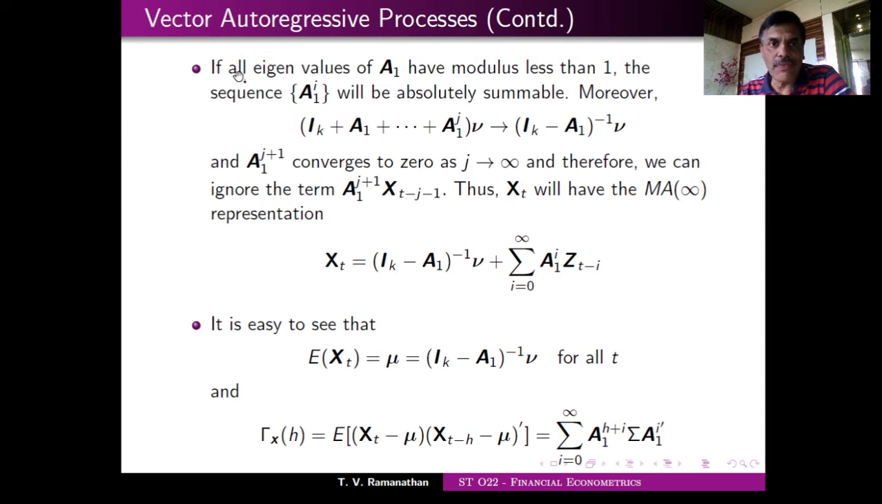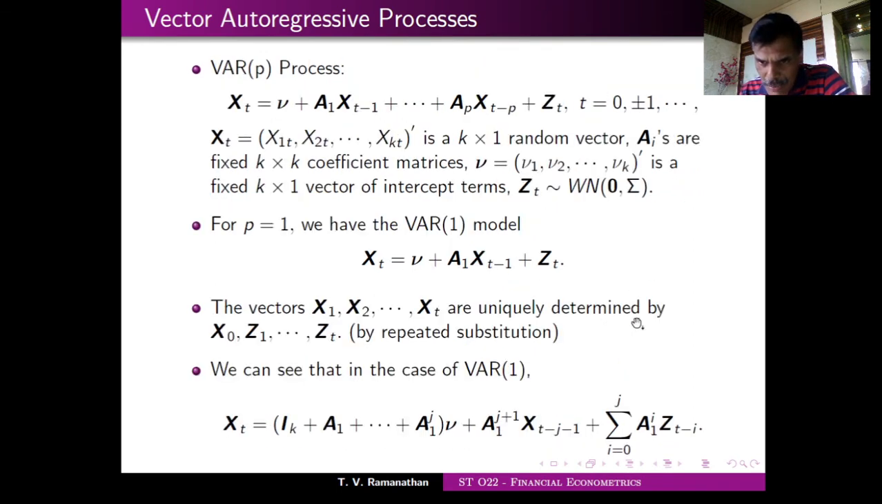So if all eigenvalues have modulus less than 1, then the sequence a1 to the power of i will be absolutely summable. Absolutely summable essentially means that the sum over i equal to 0 to infinity of a1 to the power of i z_{t-i} converges. So now, once it is infinity, I have to justify the existence of this random variable, and this is done